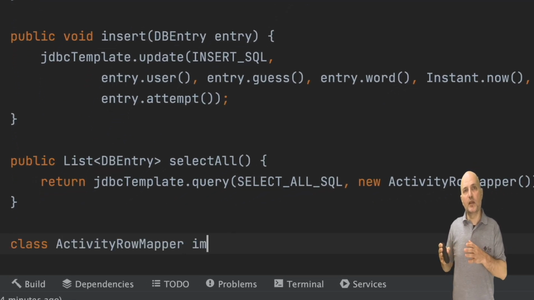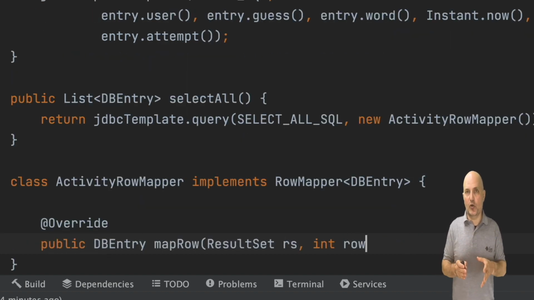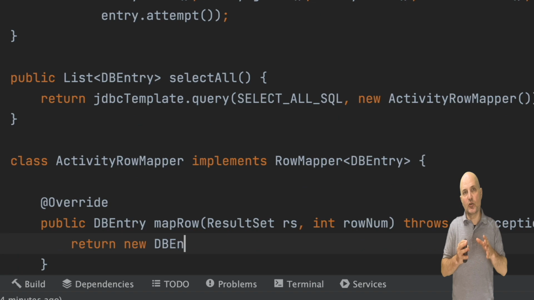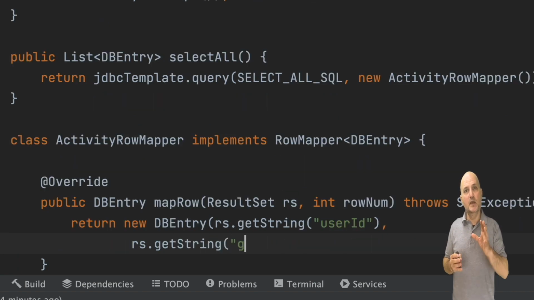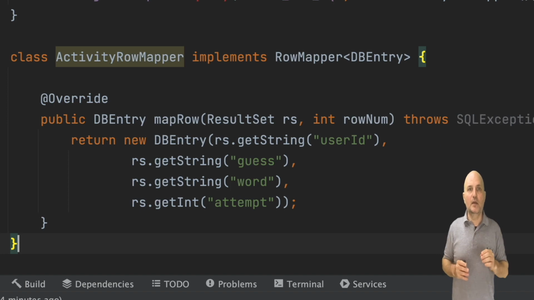We can create a class within a class. This is called an inner class, and it has some special capabilities and limitations. Since this is something internal, I just did that. The implements clause is an important part of Java, which I will discuss more in the next video. An interface is a special type of class.